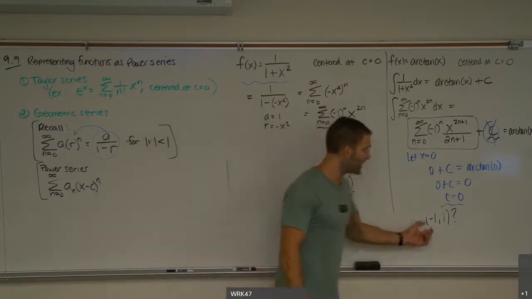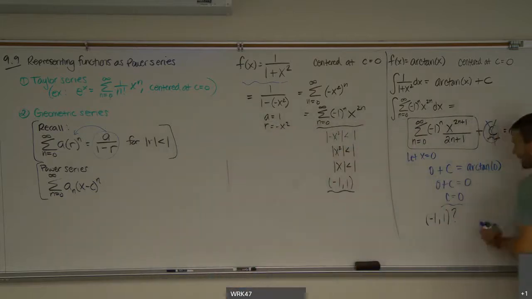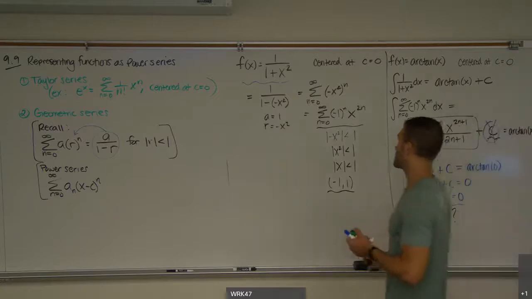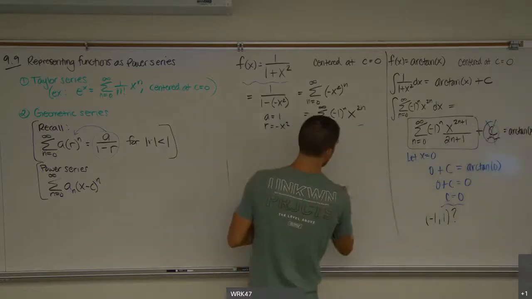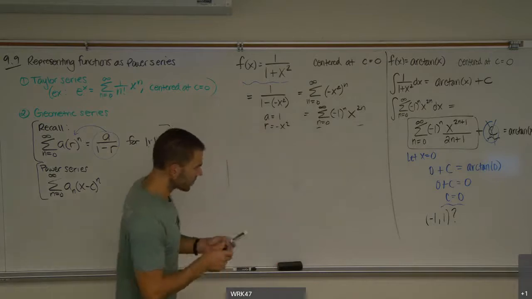And so we have it defined here, but the only question would be, what about the endpoints? And that we aren't quite sure what happens when I integrate. And so we do need to check the endpoints. Now, there's no way of getting around that except just plugging it in again, just like we did in the last section. So when x is 1,